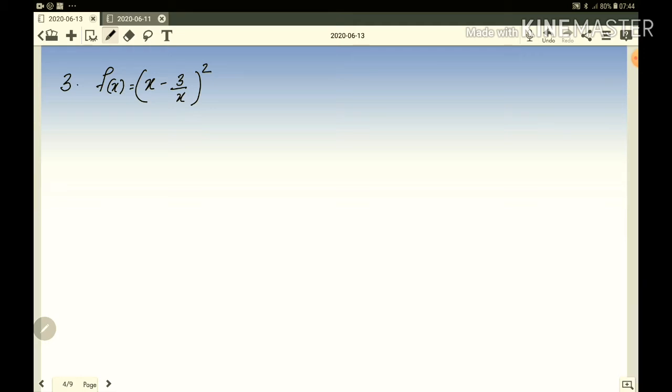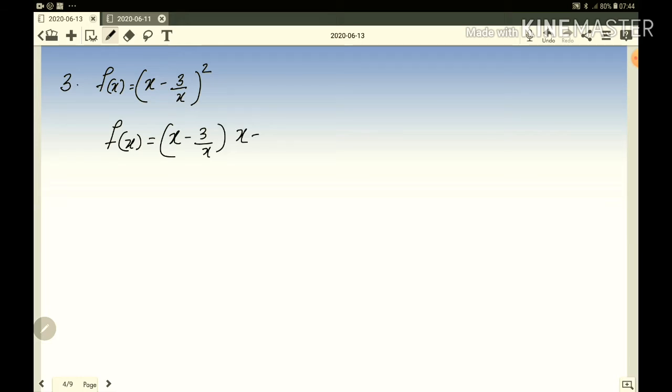Here the bracket is a problem. So how do we open the bracket? Just open the bracket, then differentiate. If a bracket is there, you have to open it. So let me write f of x. Still it is f of x. I'm going to open this bracket. Let me use the FOIL method.